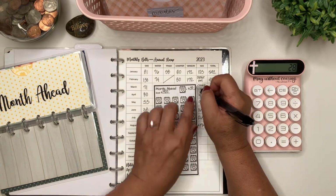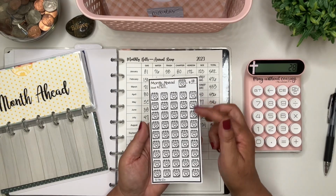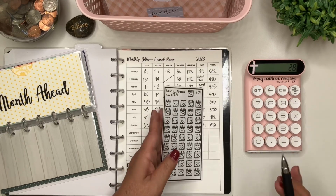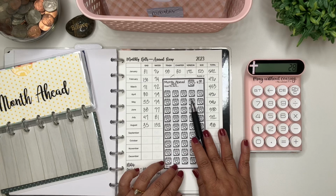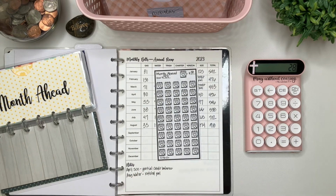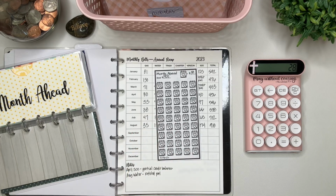So this is where I'm going to start. So I'll be 1 month ahead once all of these are finished. So now, just so you know, I get paid, sorry if the camera's shaking, I bumped my desk. I get paid bi-weekly. So I get 26 checks per year. There are 50 icons. If I only stuff $30 per paycheck, it's going to take me almost 2 years to get a month ahead, which sounds like a long time, but